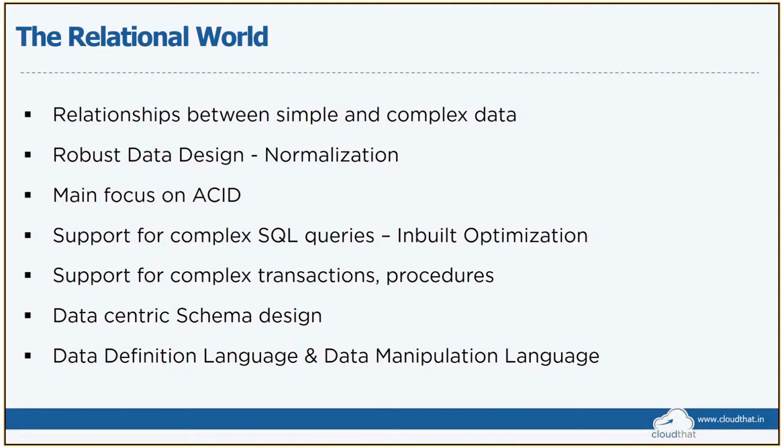To support complex queries for the various applications, databases have evolved and have query optimizers, which make sure that any complex query is divided into multiple parts and the database responds really well. The main focus was to have transactions, because when databases began, they were mainly used by corporates. They wanted to store their employee details, or banking information. In those scenarios, support for complex transactions was very necessary.